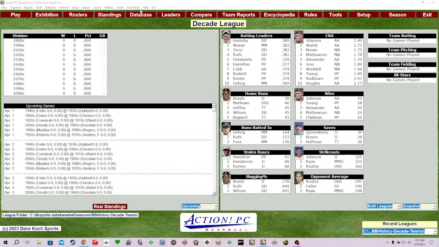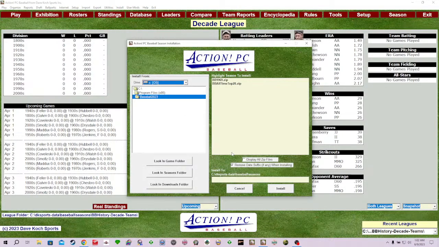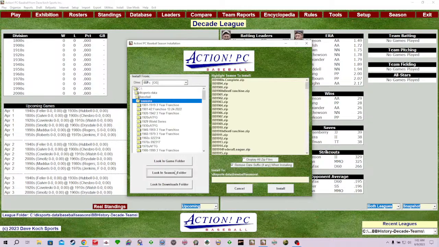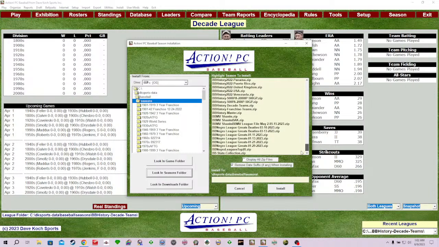What am I doing? I'm installing a season. That's what I'm doing. All right. And this time I don't have to do zip files because I just want Dave Cook products. These are in no order at all. Oh, I know why they're not in any order, because I have to find the 19th century collection and install it out of there. Well, that bites.